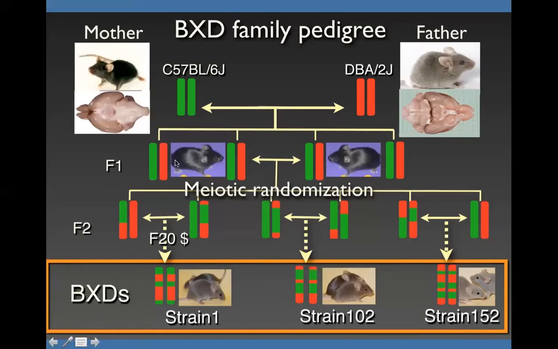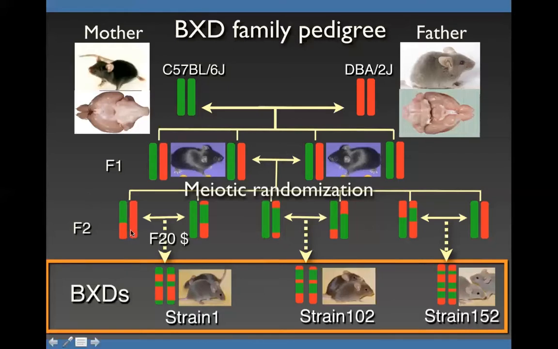You can make the F1 intercross here, sort of in the middle, the first row down. This is stuff you had in high school or college genetics. You'll notice that every mouse here has the same genome, 1 green, 1 red chromosome, so they're isogenic, but they're not inbred anymore. So they have allelic differences. So that is the F1 generation. The F2 generation is what Mendel used and what most neurogeneticists have used.